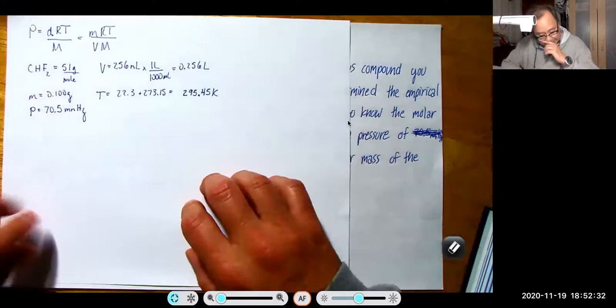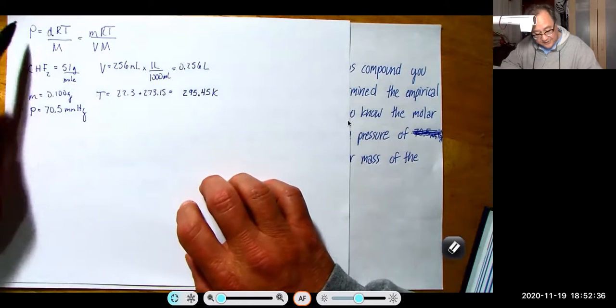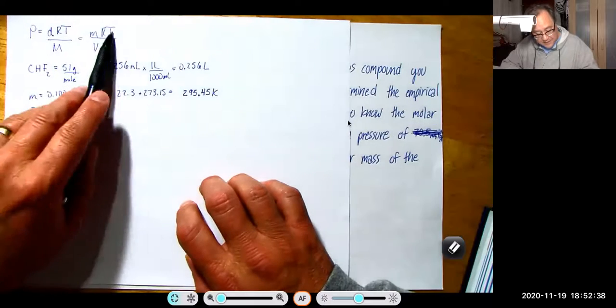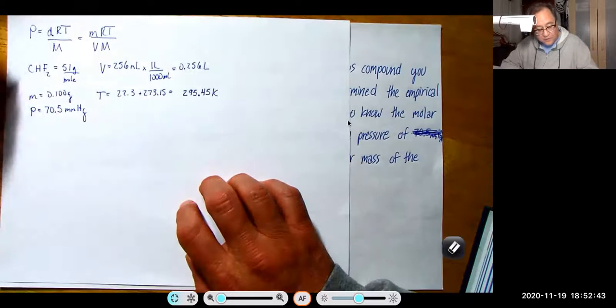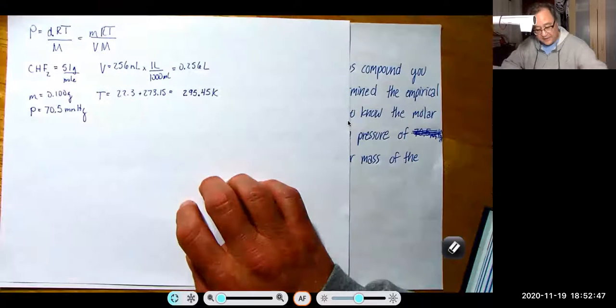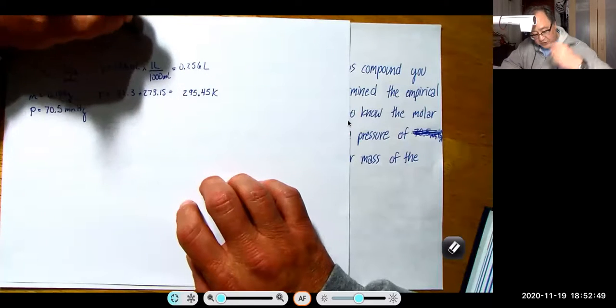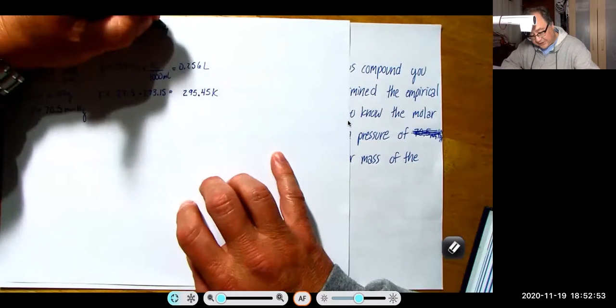So I'm thinking that since I have the pressure, since I have the mass, since I have the temp, and since I also have the volume, I want to use this form of the equation, P equals mRT over V. And I'm going to change this to, instead, molar mass is equal to,